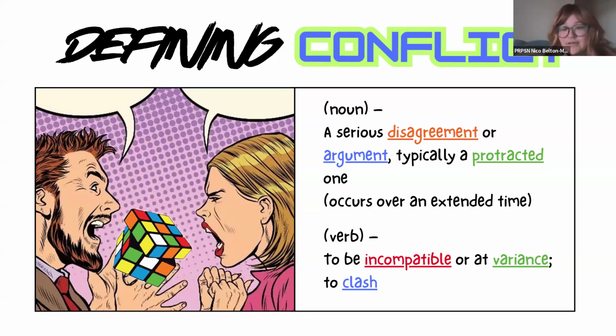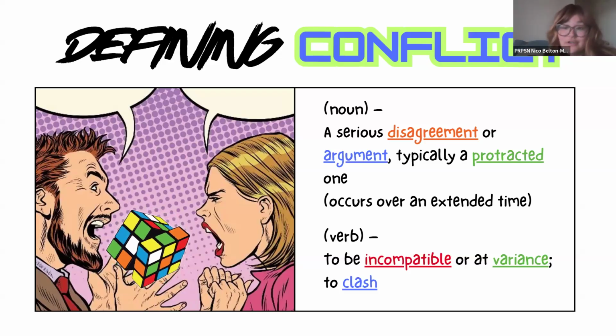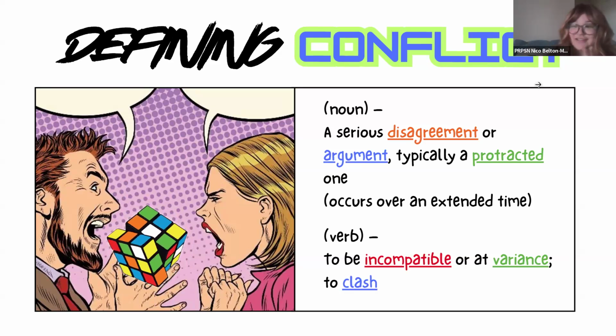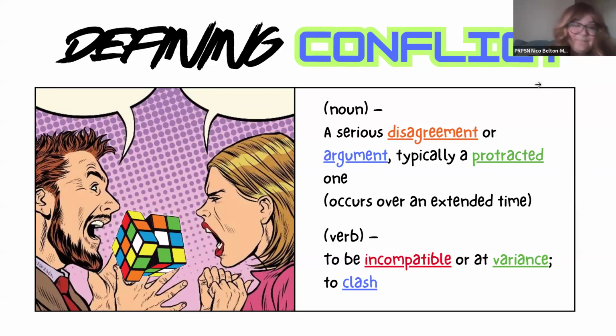But conflict, I do want to kind of root for it a little bit. Not that it's ever really good, but it happens. It's okay, especially in this field. You are going to run into conflict at some point, even if you are, in your mind, being the best peer supporter possible. I know we talk about cultural, I don't know if you guys have gotten into culture yet, but yeah.